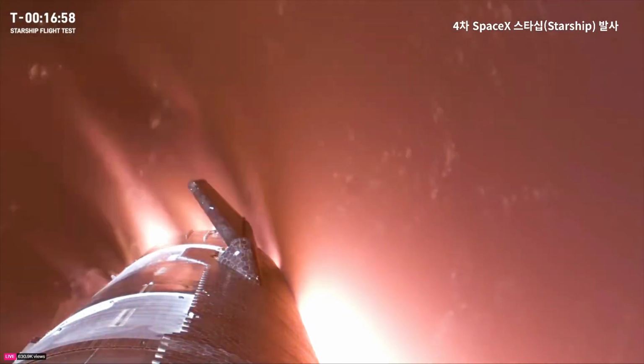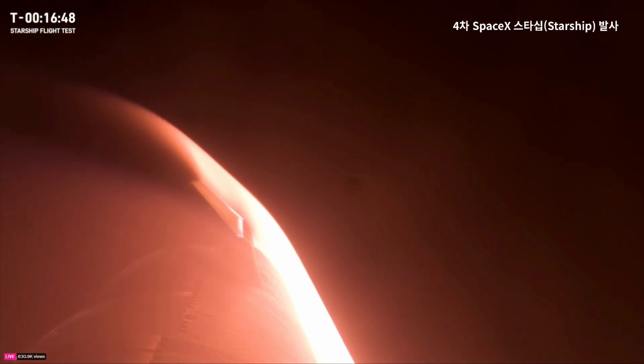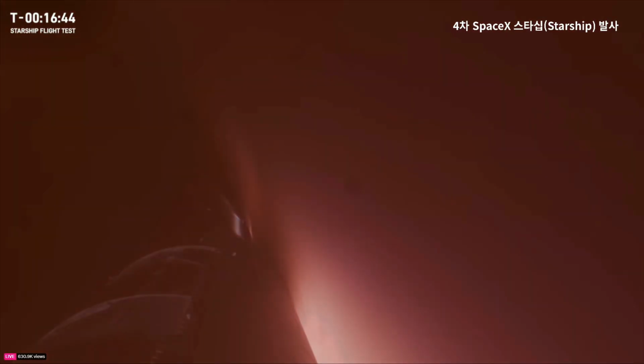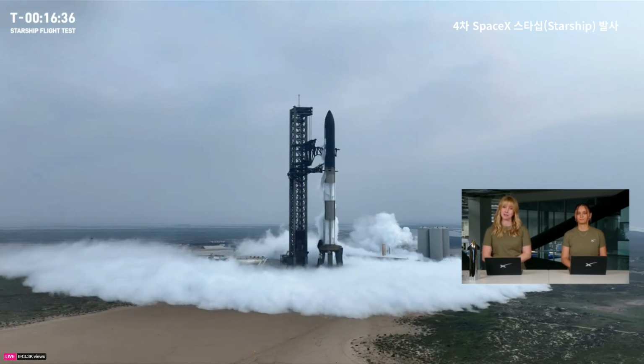In fact, one cool observation from that Flight 3 was seeing how shockwaves form at different parts of the vehicle and how they interact to put pressure on the ship, especially the flaps. This is really valuable for Starship since no spacecraft has ever flown with 4 movable flaps like what we use for aerodynamic control. Starship's greatest strength will be rapid and reliable reusability, and Starlink has become a critical tool to